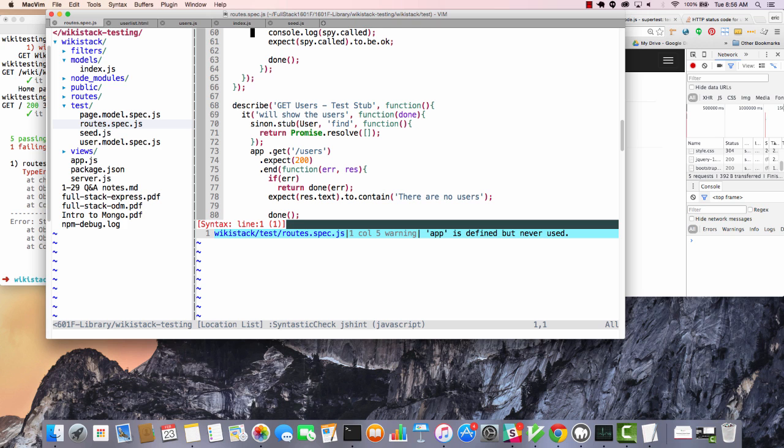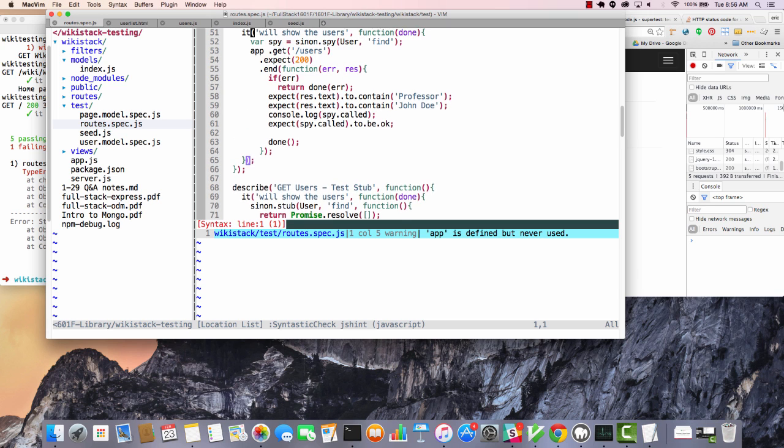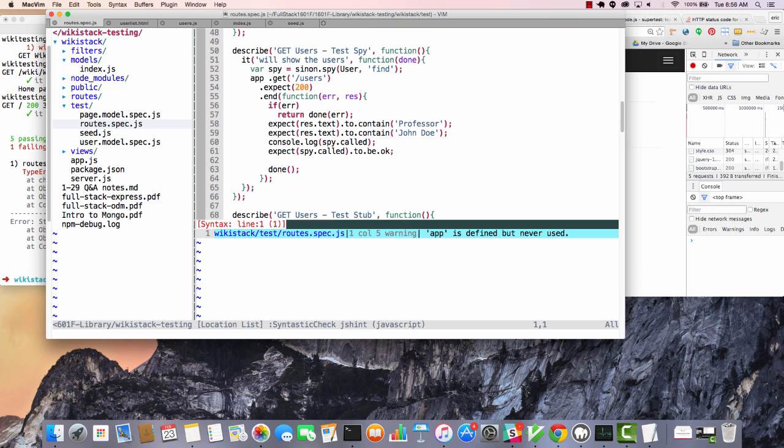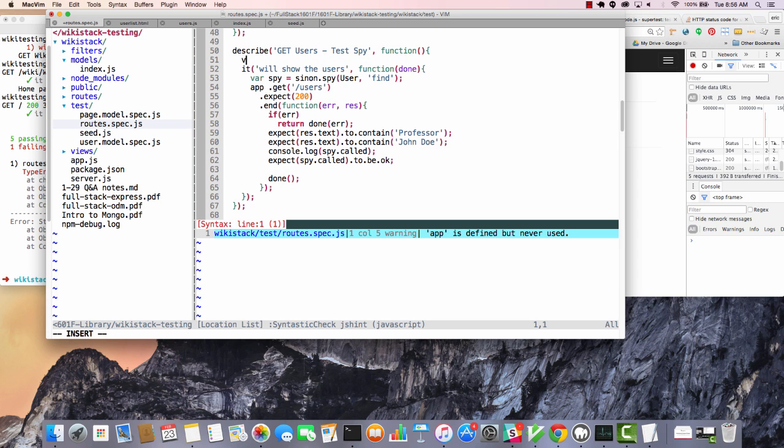So let's go up here. We're stubbing. And the problem that we have here is that we need to actually go in and restore this. So what I'm going to do up here, there's a couple of different ways that you could do this. Sort of a quick and dirty way is to say, here's our spy. When we get done and we're down here, we're going to say